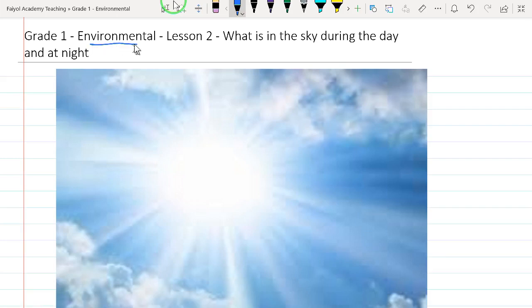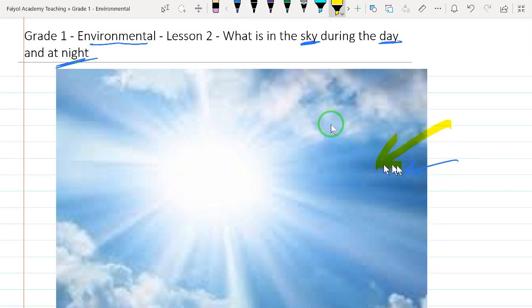So this is an environmental lesson for grade 1, and we are looking at what is in the sky during the day and at night. So I believe you know the difference between the two. The sky is what you see when you go outside the house or outside the classroom, and you look up, you see a blue sky, and you see something like this,